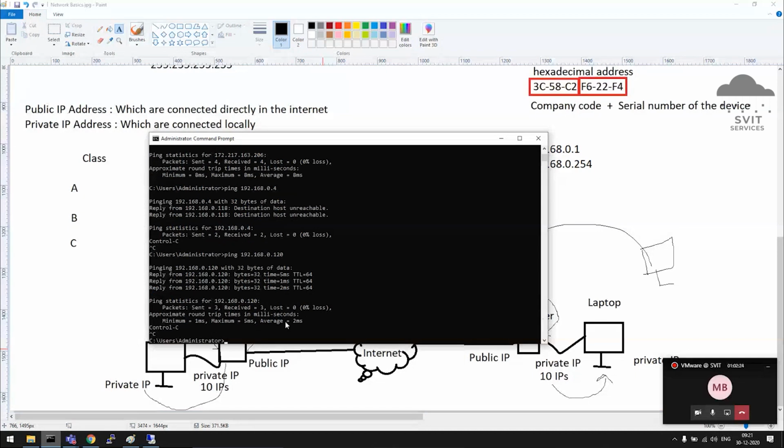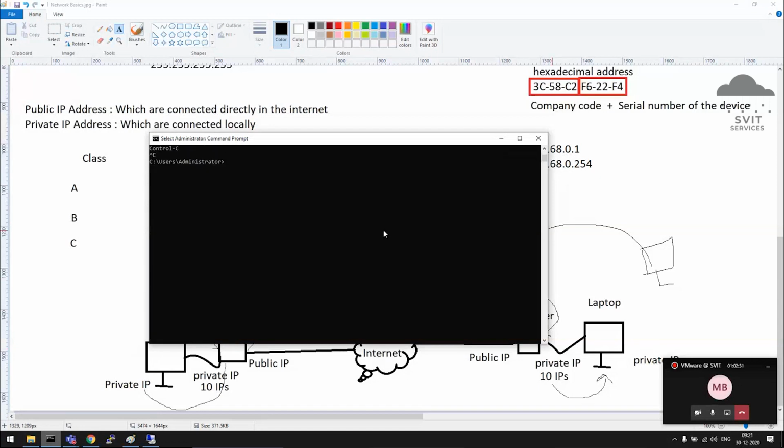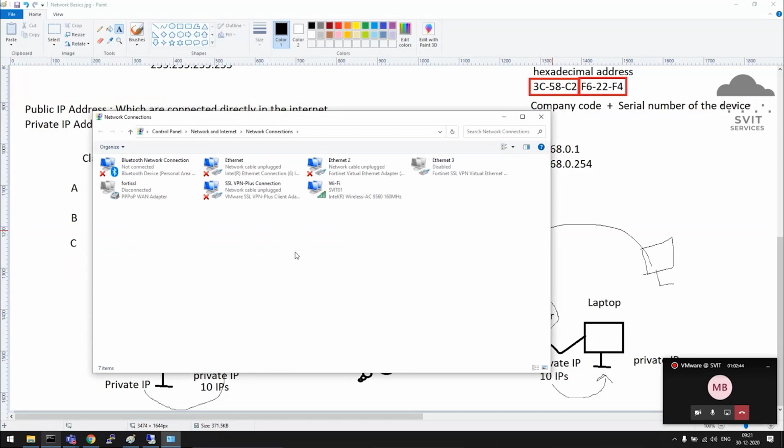Okay, what happens when you do ping? Ping space 192.168.0.120. Before that, if you want to assign an IP address to any device, multiple ways are there. From the command prompt, type ncpa.cpl, or run, you can also do that, and directly from network properties you can also reach.